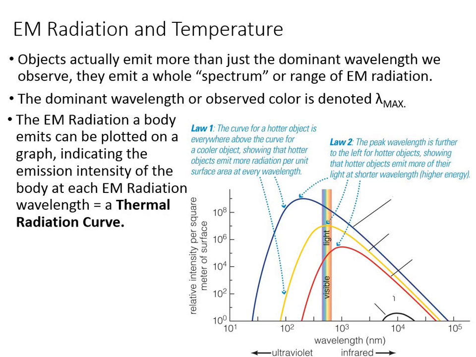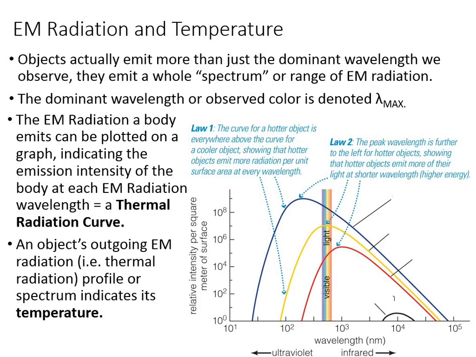They are plotted with regard to what we've been looking at: wavelength and intensity. We have short wavelength over here and long wavelength over there. So here's how this works. The whole blue line is the fingerprint, the information we would get from a star with a surface temperature of about 15,000 Kelvin. We get all that information and plot it.